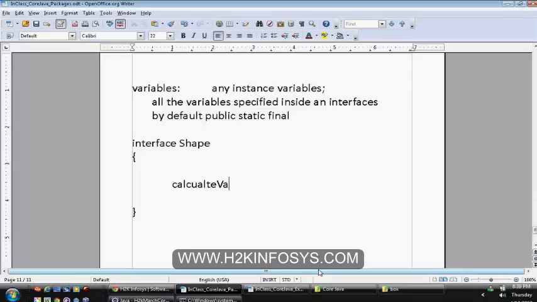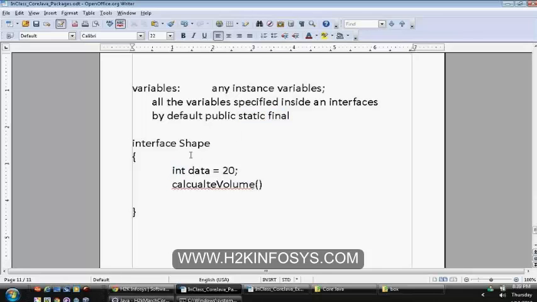Let us say you have written one method called calculate volume, and you have declared a variable called integer data equal to 20. Even if you specify or you didn't specify, all the variables that are specified within your interface are by default static and final variables.